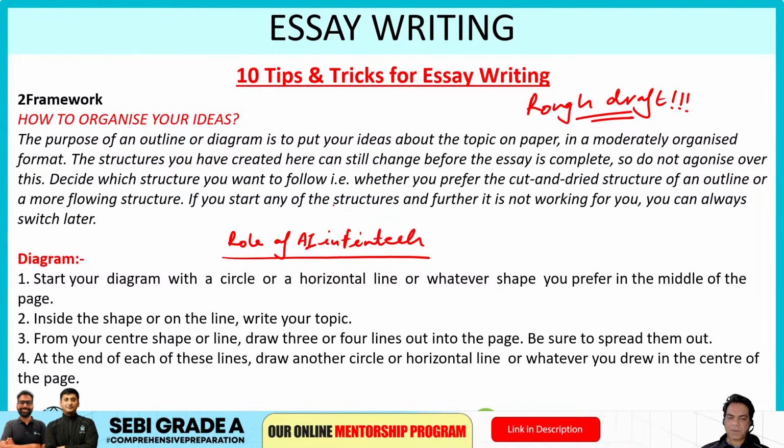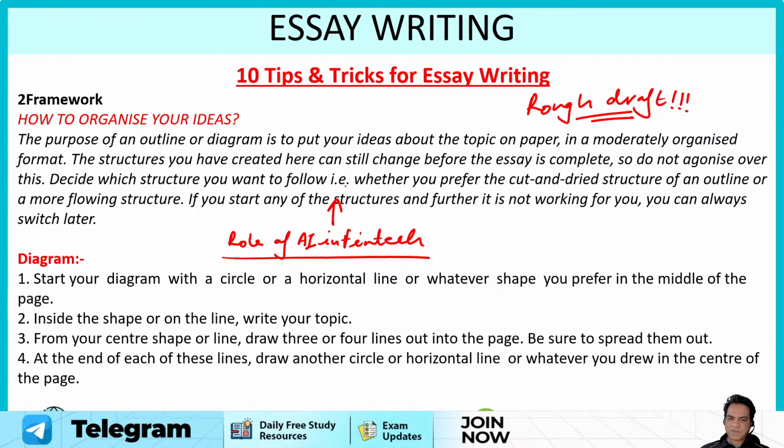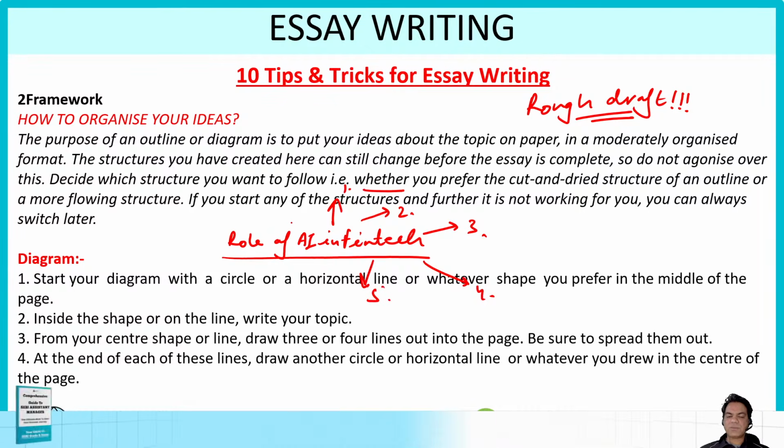So you start from the top, you go clockwise. So you start from there. Your first point, introduction, should be this. Then second point, this. Third point is this. Fourth point is this. Fifth point is this, right? So you write around this topic, and you make a rough draft, and then you decide how you are going